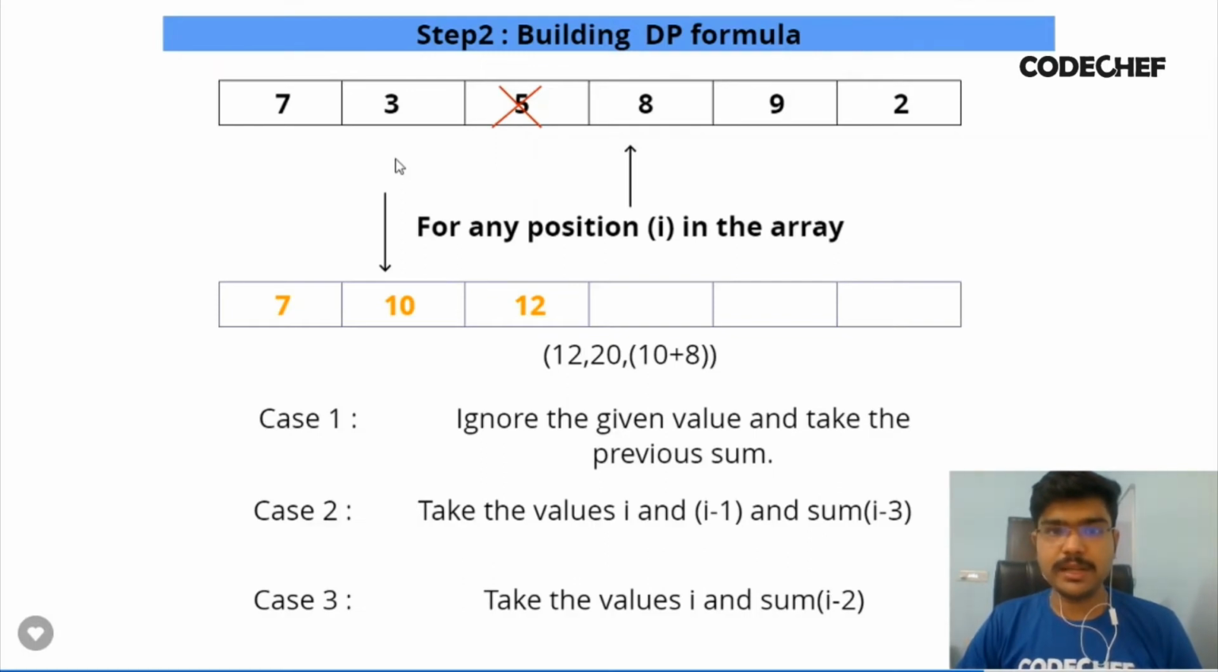So I'll quickly summarize what we have just done till now. We have considered three cases. The first case is that if we don't want to include the ith element, then our optimal answer must be stored at dp of I minus 1. This is the first case. And the second case is where we are including the ith element and the I minus 1th element, right? So if we are including the ith and I minus 1th element, then our answer boils down to the situation where we'll consider the dp at I minus 3, because we want to ignore the value at array of I minus 2,